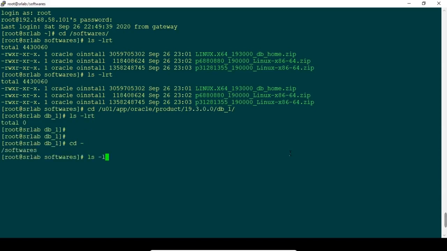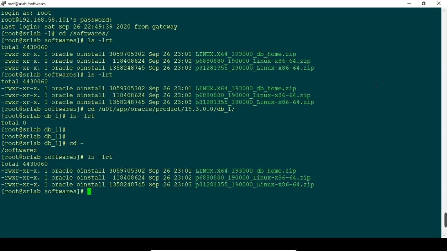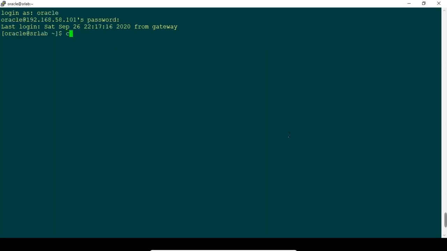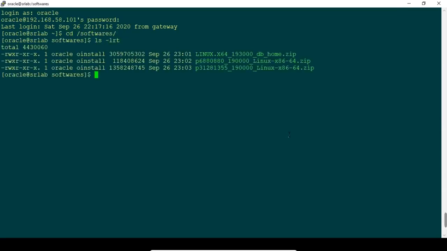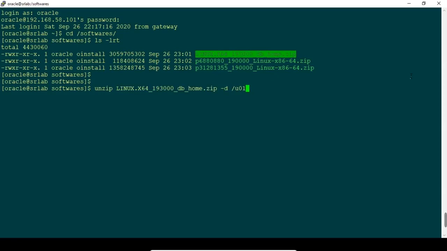Now I am going to unzip the Oracle DB binaries with unzip -d, from the Oracle software location.